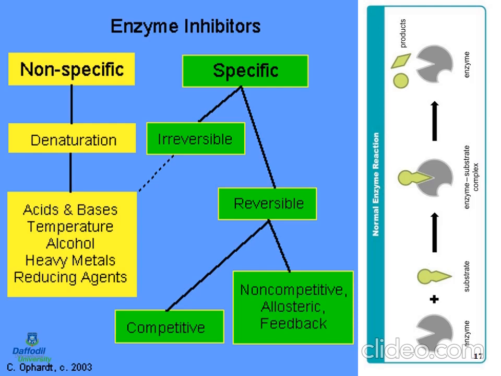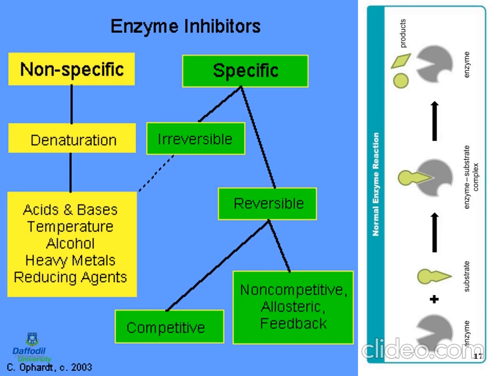But in case of a specific one, there could be irreversible and reversible inhibition. Irreversible is just again you go for the acids and bases, and in the reversible one, there is a certain inhibitor which you designed or which is prepared just to inhibit the activity of your enzyme. And this type of inhibitor has two different types. One is competitive, another one is non-competitive. Now what is competitive?